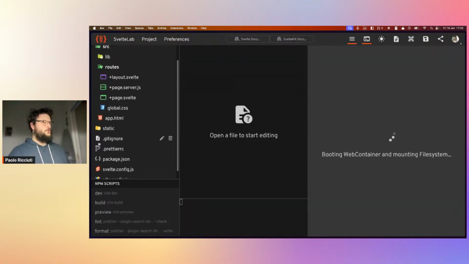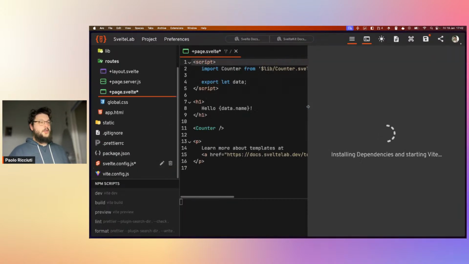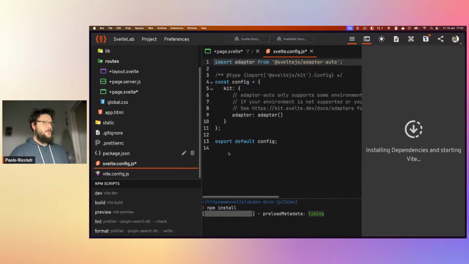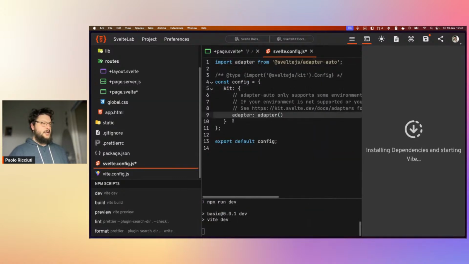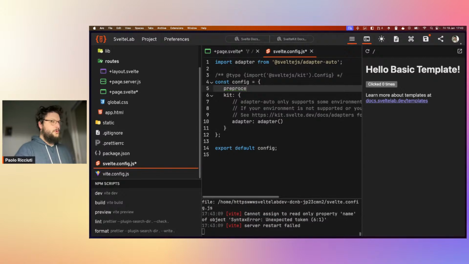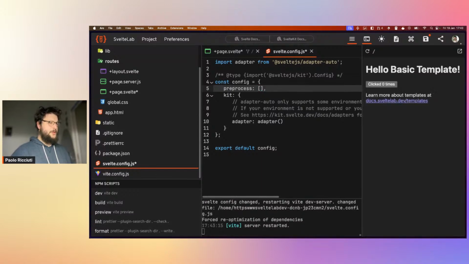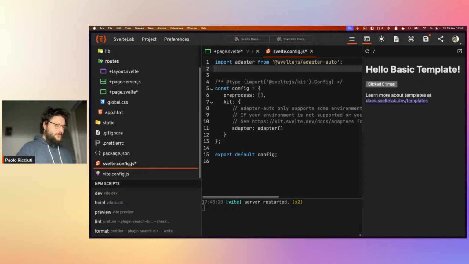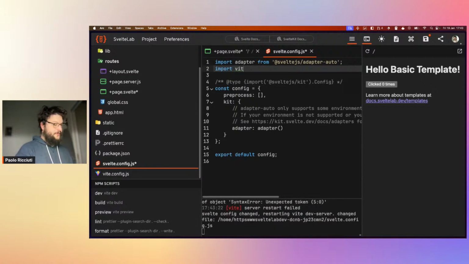So if you go to the Svelte config, you have kit, adapter, and you can also specify a preprocessor. So you can do preprocess, and then you can specify an array of preprocessors. In this case, it's an empty array, but the usual preprocessor is import vitePreprocess from